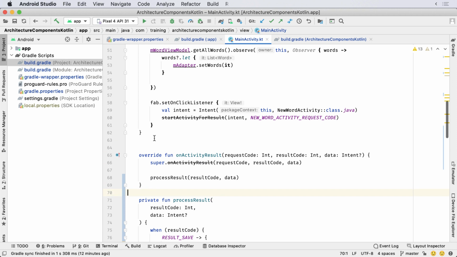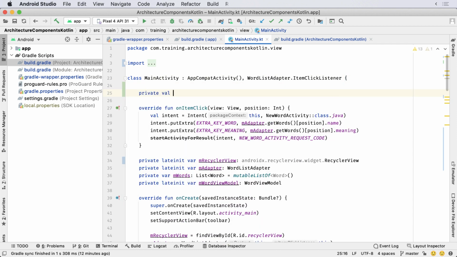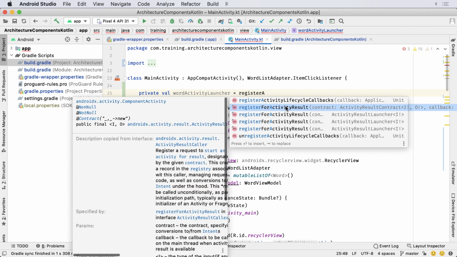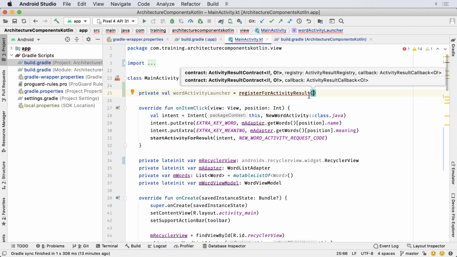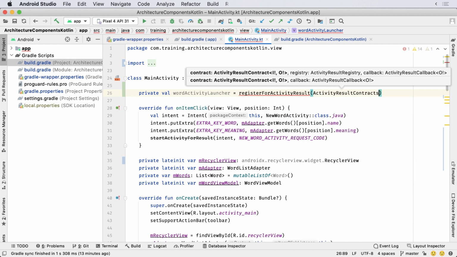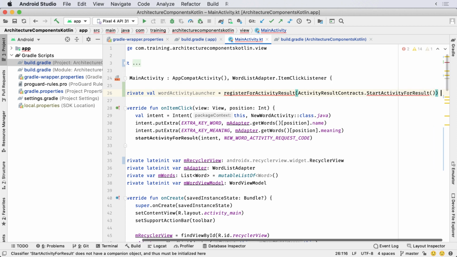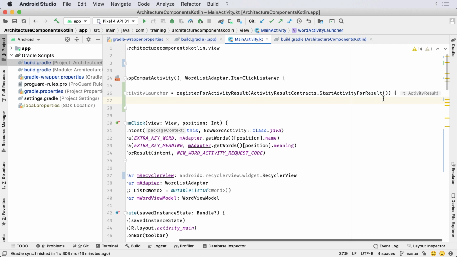Now define a private val, say registerForActivityResult. The first parameter is the ActivityResultContract. The second parameter is the ActivityResultCallback, which is a lambda.